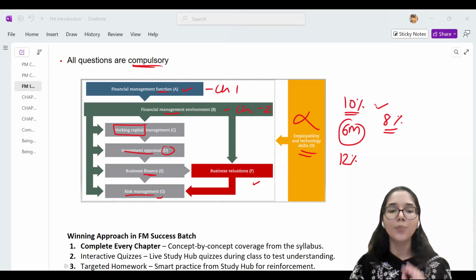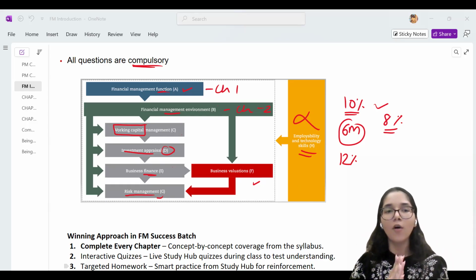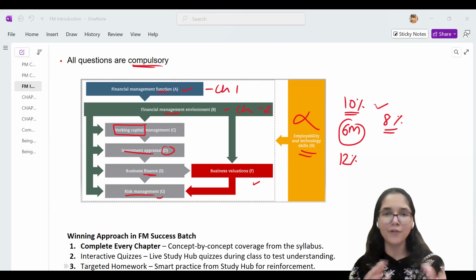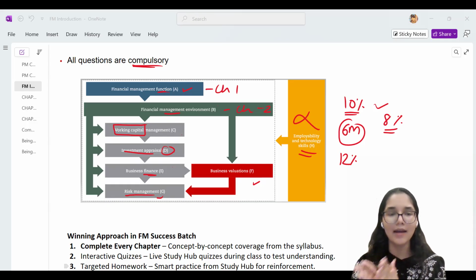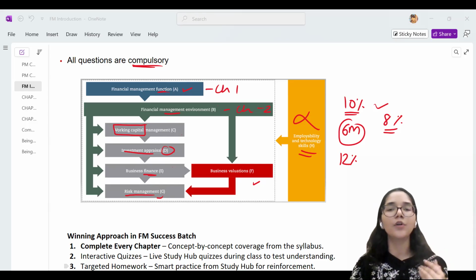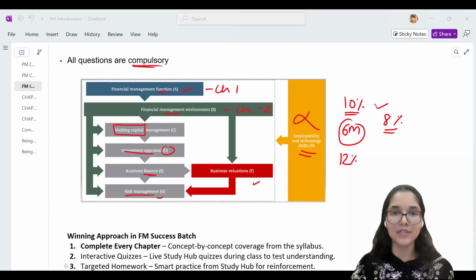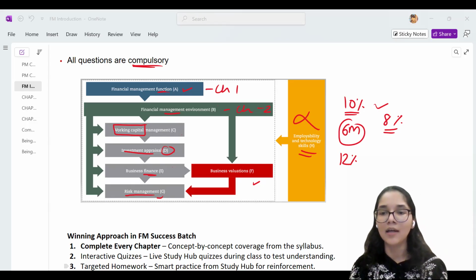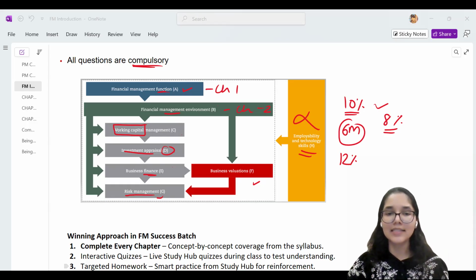So, this was a brief overview about what all we are going to learn as a part of the ACCA FM syllabus. Although this is just a summary overview which I have given to you, still, if you have anything to ask till here, I am allowing you some time to do so. Otherwise, if there is nothing, then we are going to proceed further. I will tell you how we are going to study as a part of this success batch. And then eventually, we are going to proceed further to one of the chapters that we start with. So let me know if you have any queries still here.